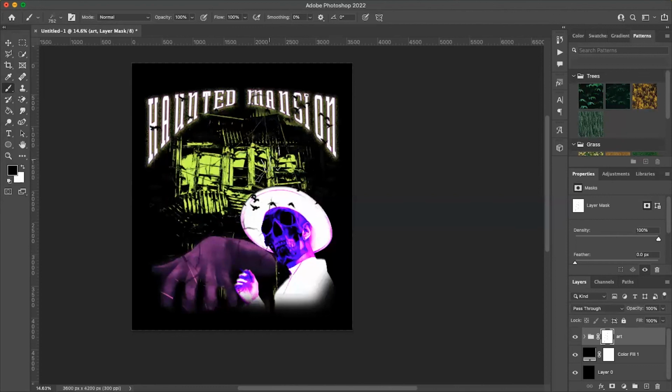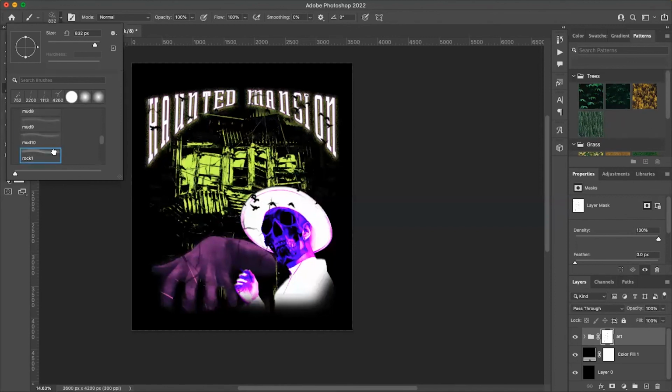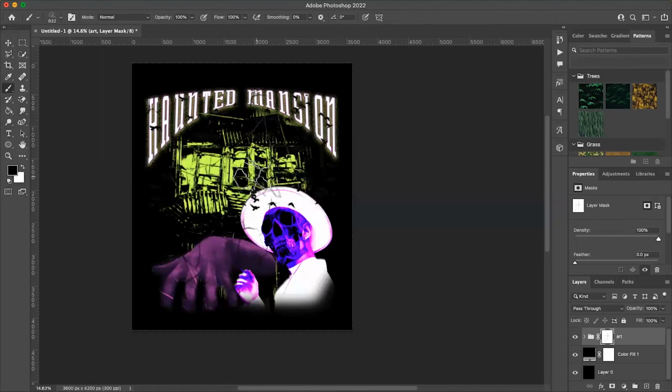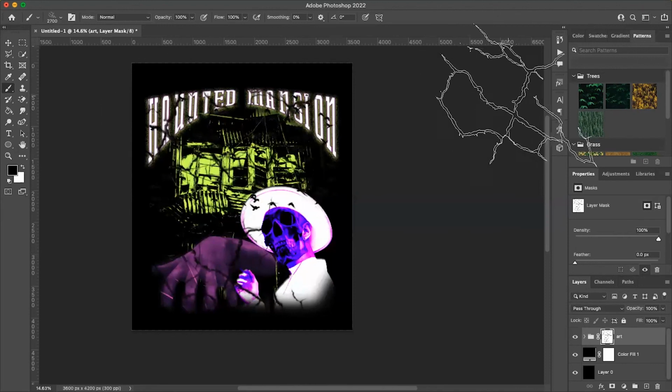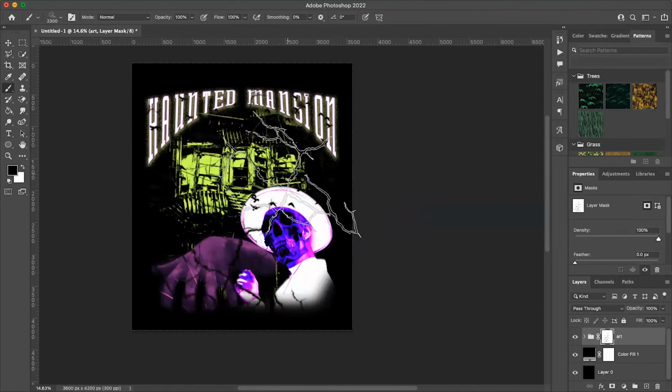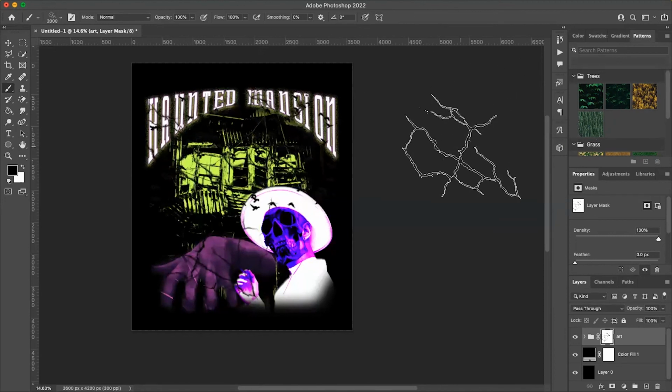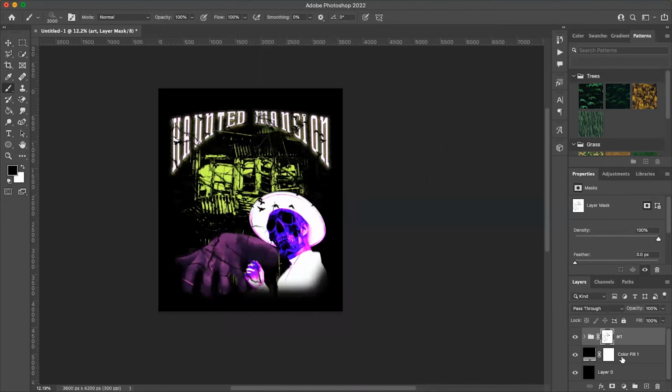A couple different ones. Nothing really too scientific I'm doing right now. Just adding some texture, just picking some random spots. Kind of break it up. And it's too much. I don't want to break the text apart to where no one can read it or anything like that. Take this whole layer and you could